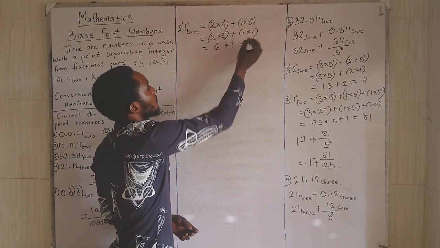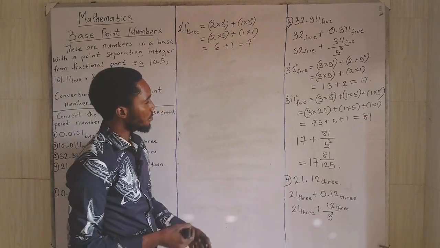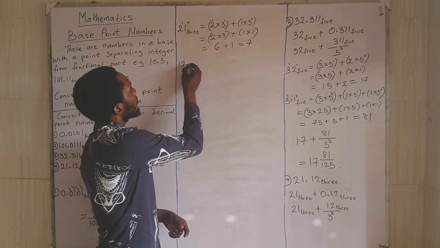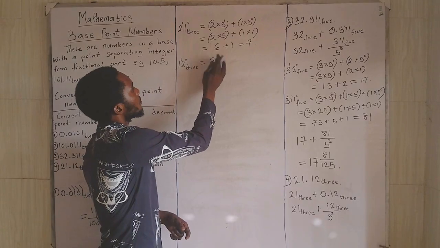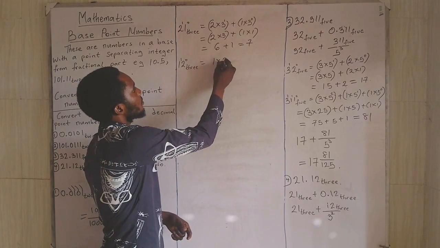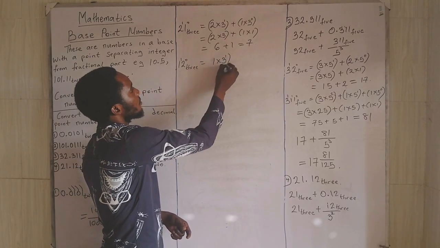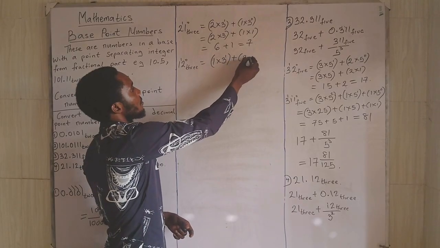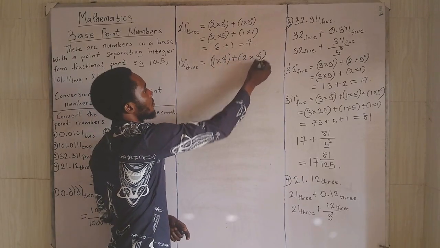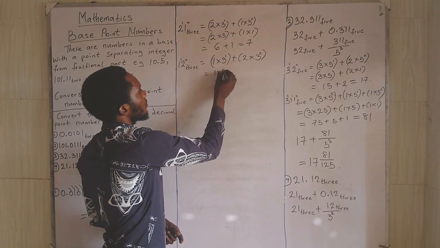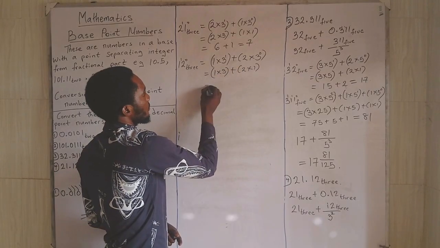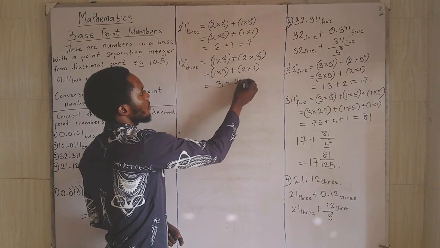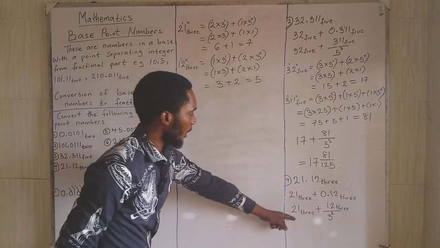This is equal to 7. 12 base 3: 3 plus 2, that is 5. So therefore, we have